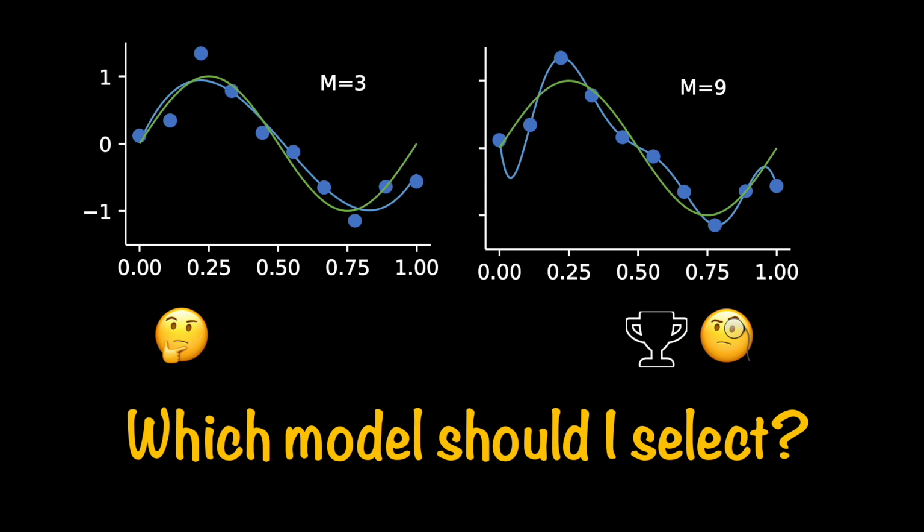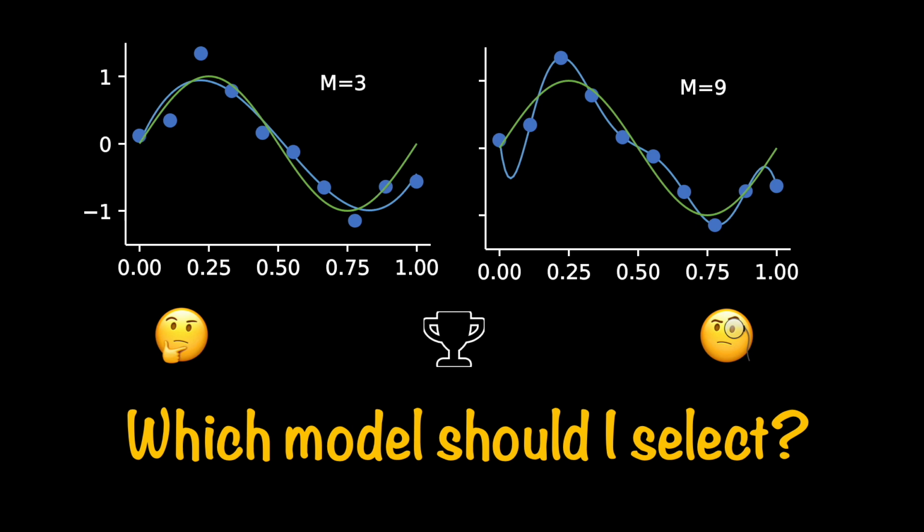Now, I can give you a few reasons why a polynomial model of degree 9 is good, because it created a function that passes through all our 10 data points. But on the other hand, the function that it has created, the blue curve going through these points, does not look anything like our underlying true function, that is the sine curve. On the other side, even though the polynomial of degree 3 failed to capture some of the training points, the final curve does look like a sine function, if you squint your eyes a little bit.